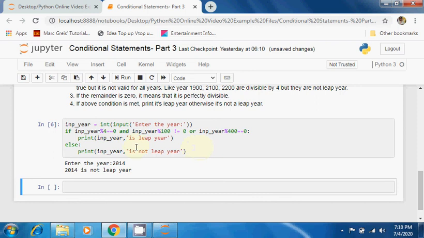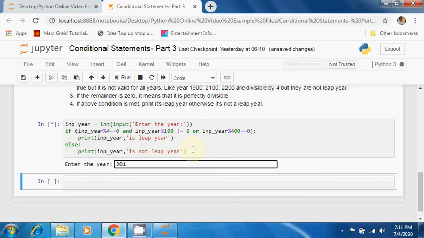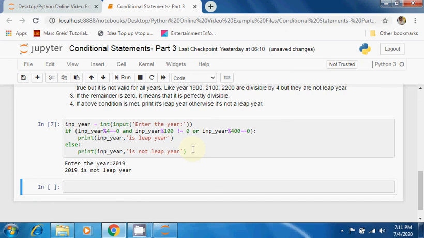So this is the program of leap year. Here we have used so many operators: equality operator, arithmetic operator, logical operators. Although if a statement works very beautifully, but in such cases when you are using too many operators, I always advise to use brackets to avoid any confusion. Let me place this entire thing inside brackets. Okay, and now let me once again check for this 2019. Okay, so it's working.